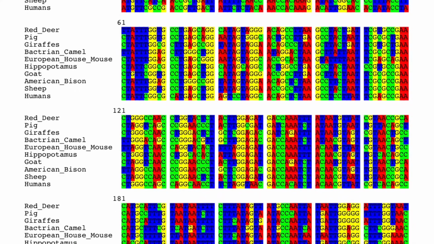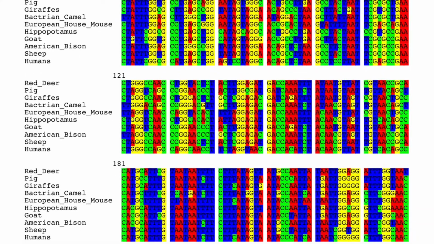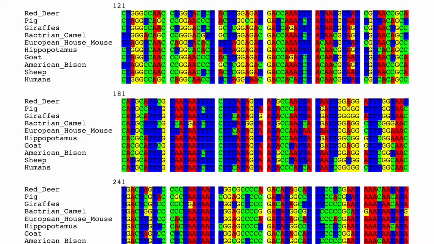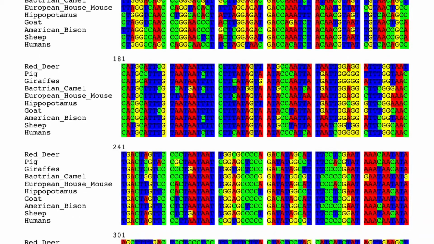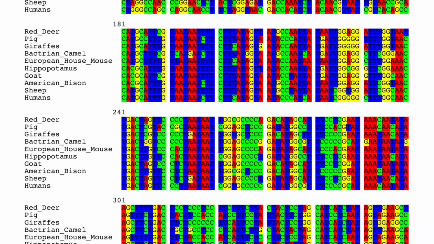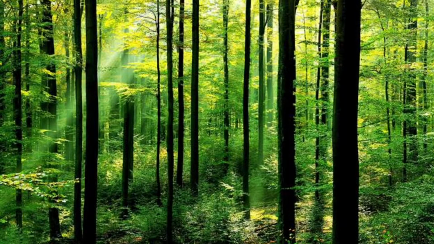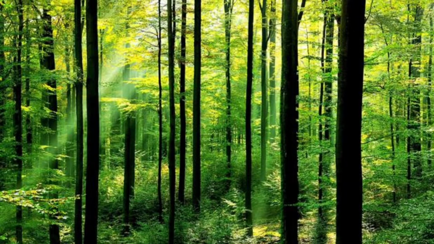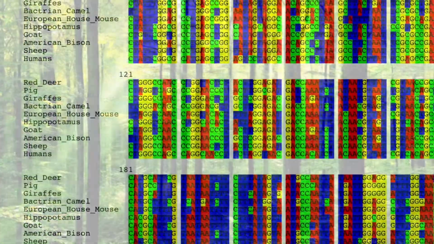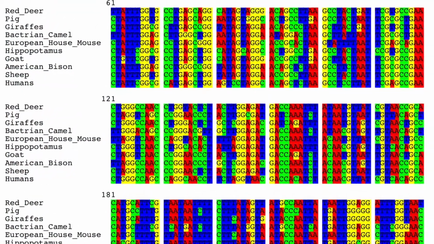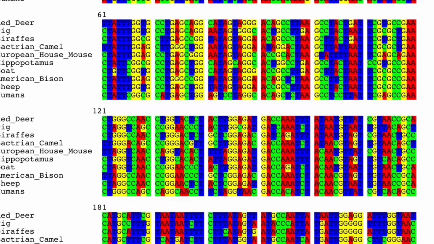When viewing the gene sequences, one can tell that Artiodactyla and humans have a common ancestry because of the many similarities in the gene sequences. Variation in gene sequences occurred due to mutation and natural selection. Over time, the species had to adapt to the environment, and the best suited animals produced offspring and survived. The animals passed on their traits to the offspring, causing a variation in the gene sequence.